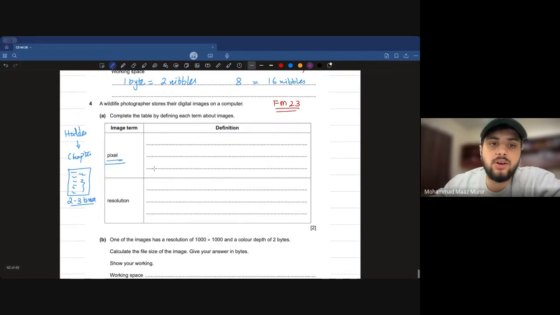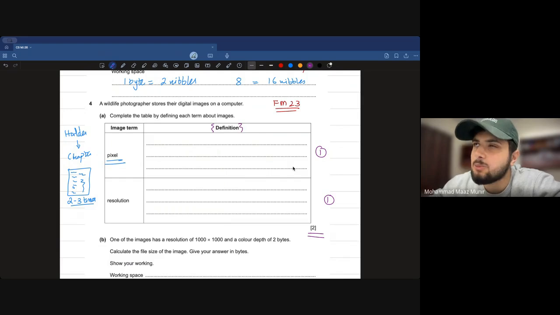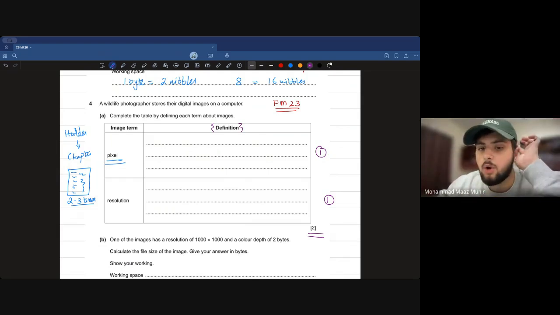Now coming to this question, it's asking us to define what a pixel is. It's a 2 marker, so they expect us to write 1 point for this and 1 point for this. When taking the classes, I defined a pixel as the smallest component you could represent on an image. So I could say a pixel could be 1 square, or maybe the smallest component of a color, or perhaps the best definition would be that it is the smallest component